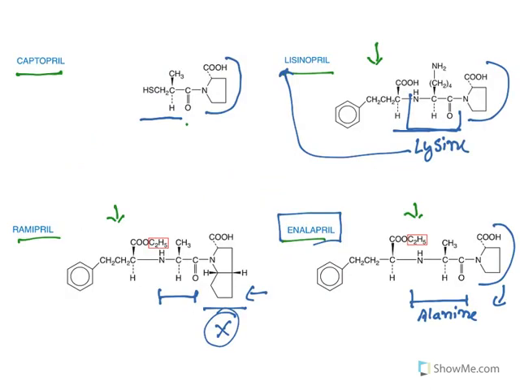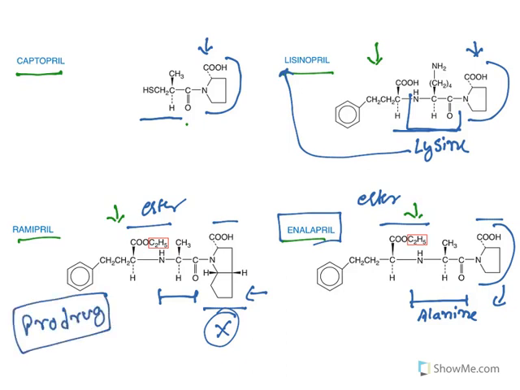Next one. Now let us see certain things about ACE inhibitors. You can see captopril and lisinopril have only a carboxylic acid, whereas ramipril and enalapril have dicarboxylic acid; two carboxylic acids are there. This one is an ester form. This is also an ester form. So all these esters are prodrugs. That means they need to get deesterified and release the acid derivative. Whereas captopril and lisinopril are both active drugs.